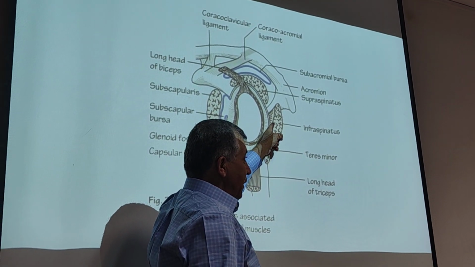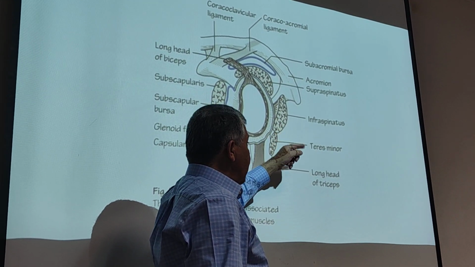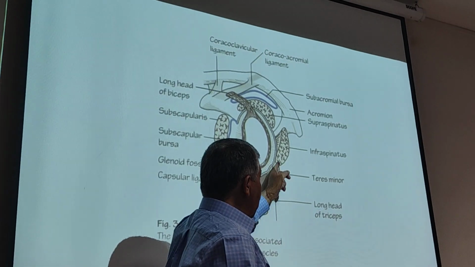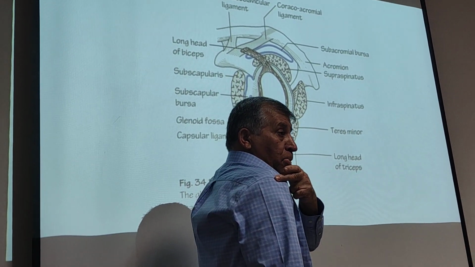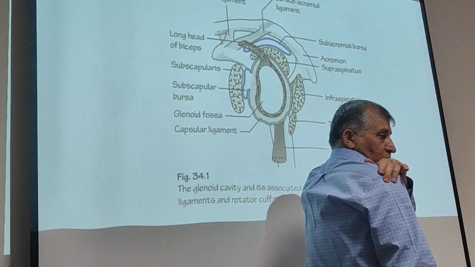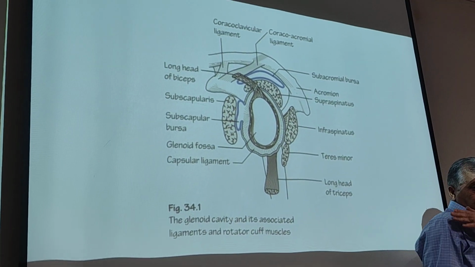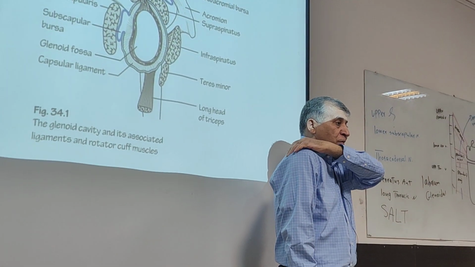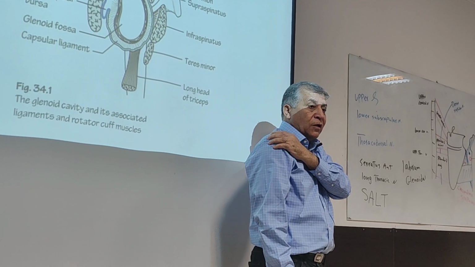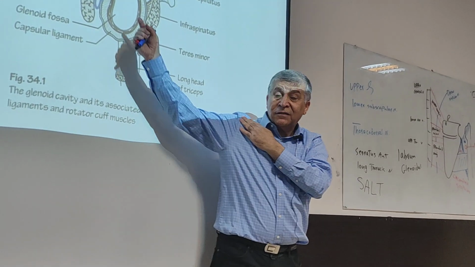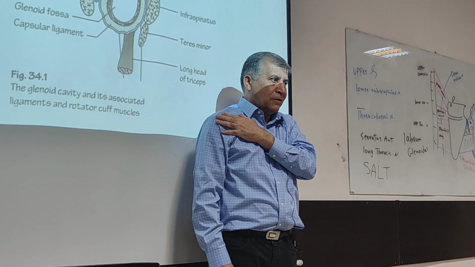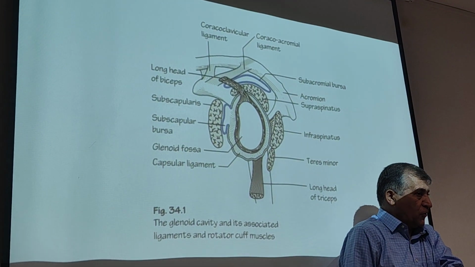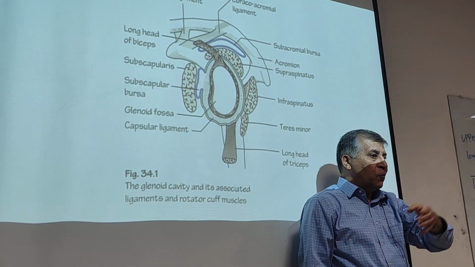Posteriorly by infraspinatus and teres minor, both of them attached to the greater tubercle, but posteriorly. Anterior, superior, and posterior surfaces of the shoulder joint are protected by these muscles. Which surface is weak? The inferior surface is weak. For this reason,